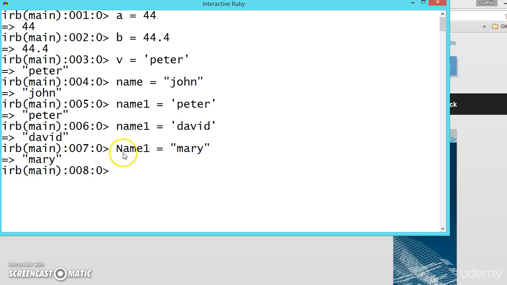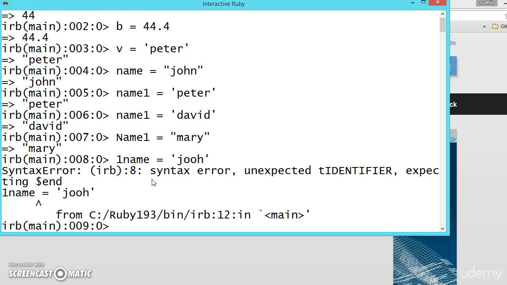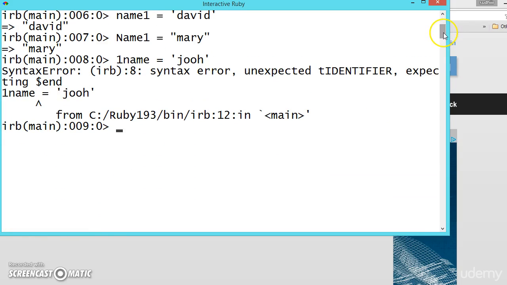And the variable should start with a character or underscore. So we cannot start with a number, like 1name is equal to, this shows a syntax error. So always remember that a variable should start with a character or underscore. We can start with an underscore: _name is equal to, we can write anything, Lisa.